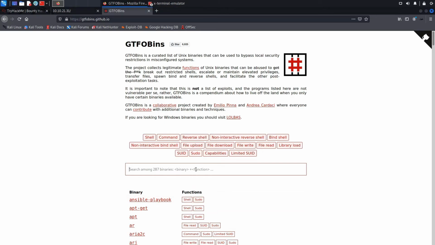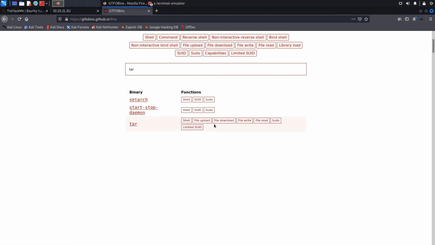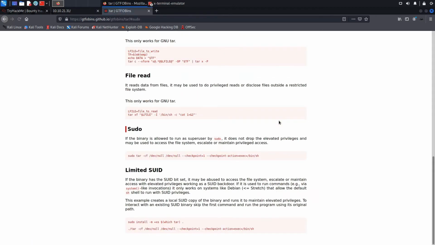Over here, search for tar and click on the sudo option. Okay, so the description says if a binary is allowed to run as superuser by sudo, it does not drop the elevated privileges and may be used to access the file system, escalate or maintain privileged access. Awesome. Alright, now let's go ahead and try this script out.